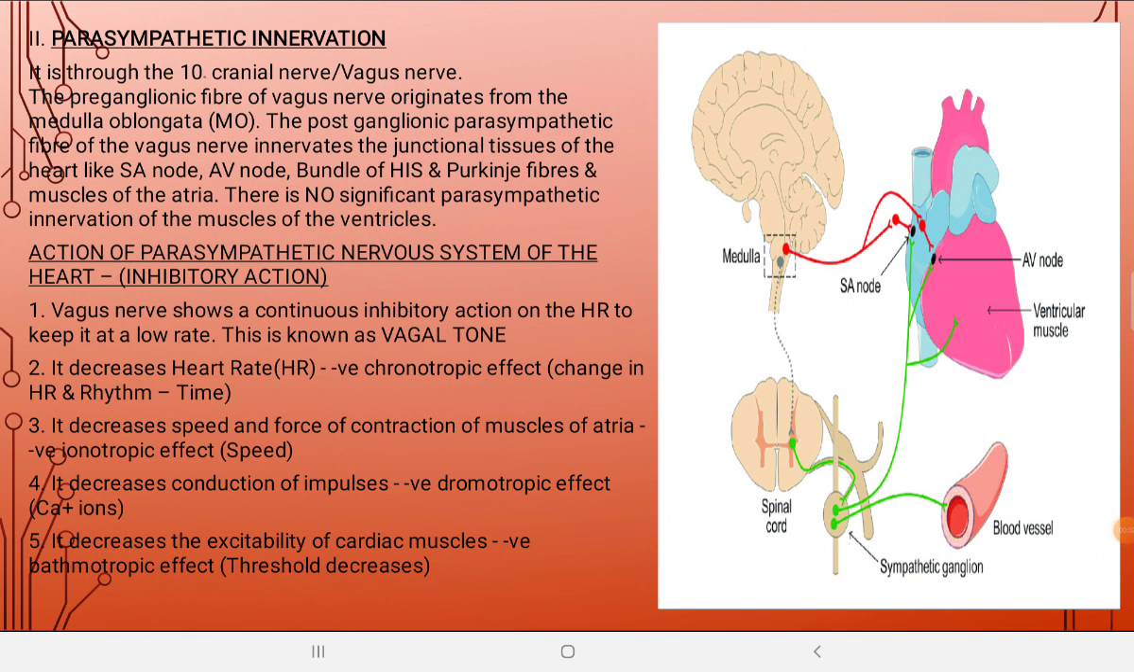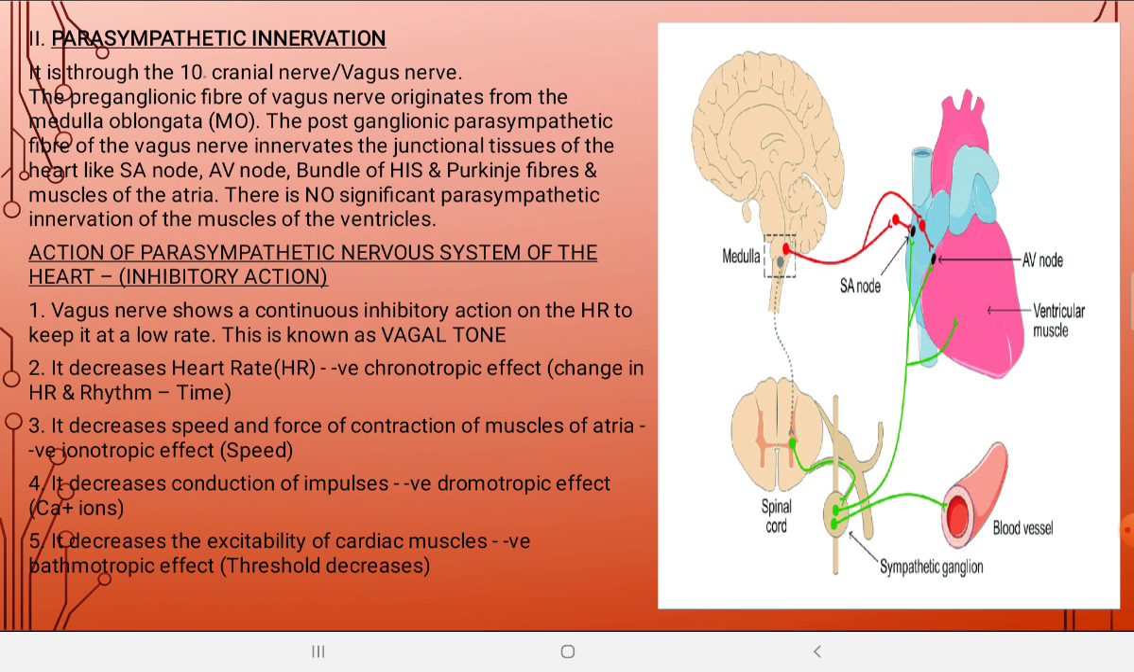Parasympathetic innervation: parasympathetic is through the 10th cranial nerve, that is the vagus nerve. This vagus nerve originates from the medulla oblongata. So the preganglionic fiber originating from the medulla oblongata travels and ends at the